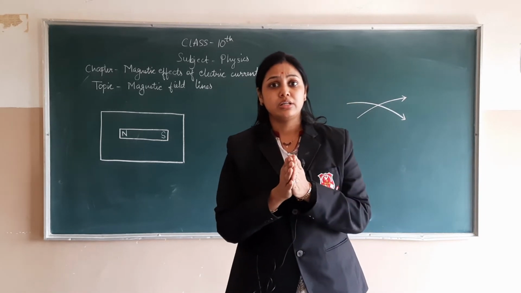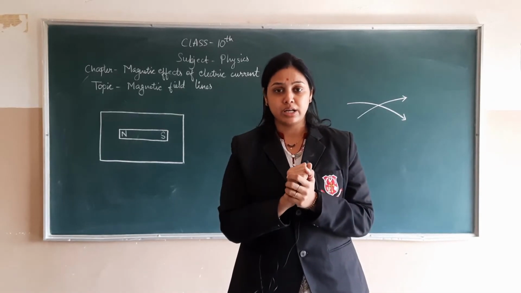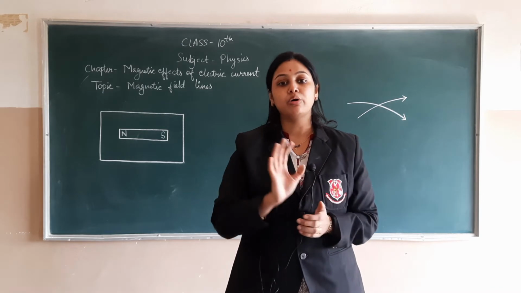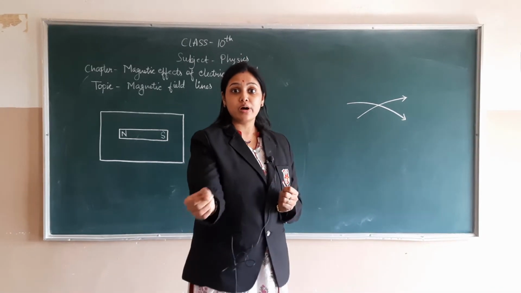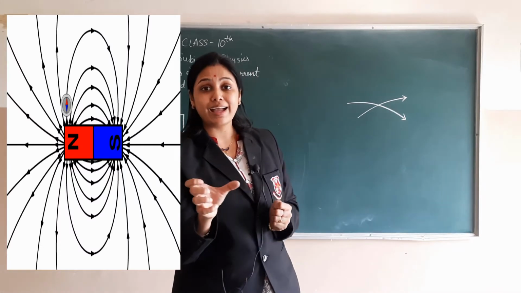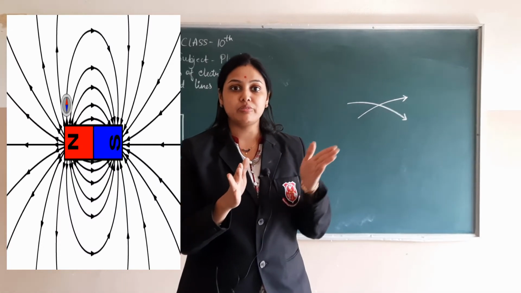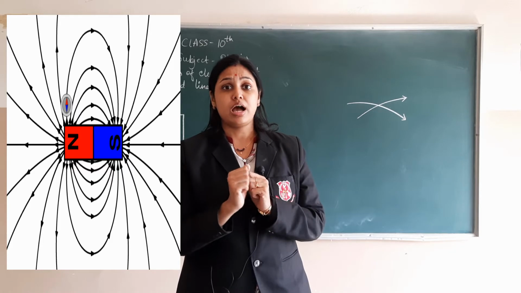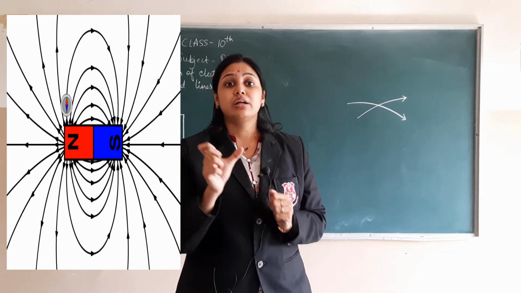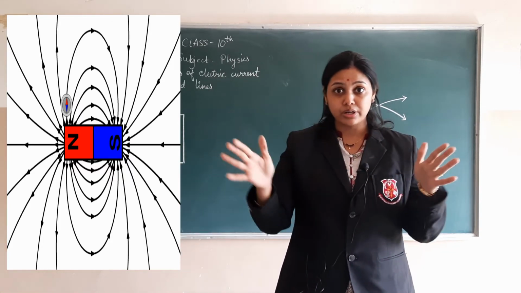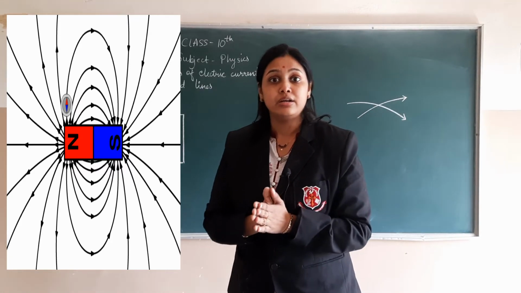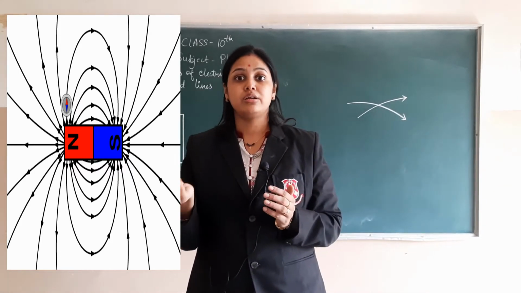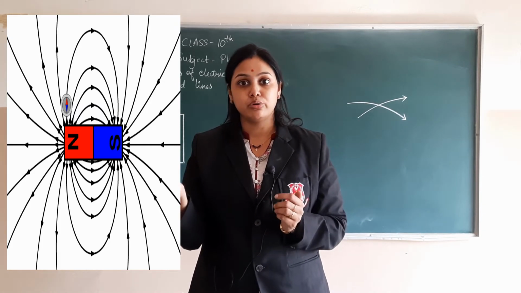Just imagine that you have a magnet in your hand, and you have placed that magnet on a table. If you bring any iron nail towards that magnet, you will find that the magnet will attract that iron nail. It means that the magnet has some boundary up to which it can attract iron pieces, and after that boundary it will not have any effect on those iron nails.